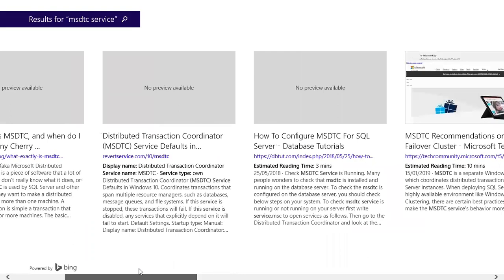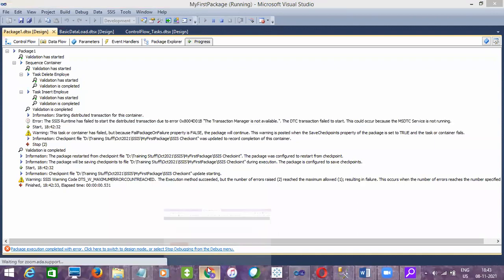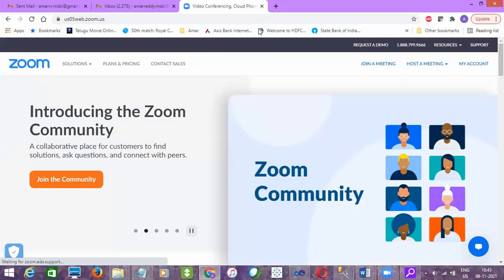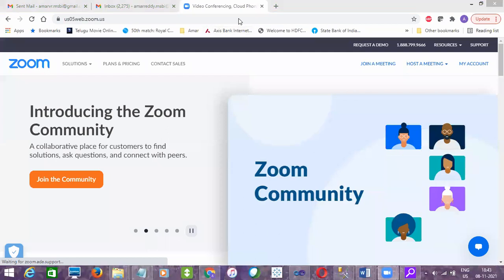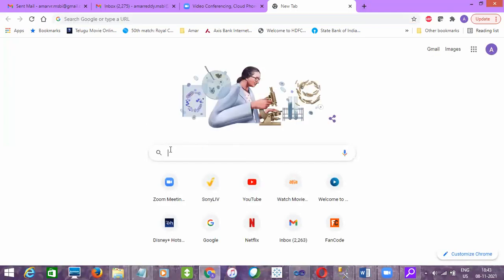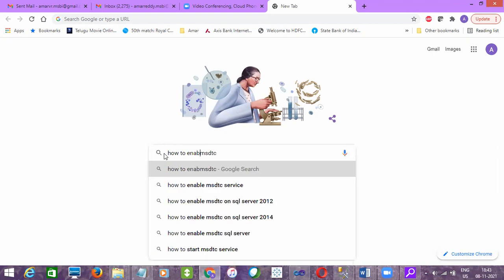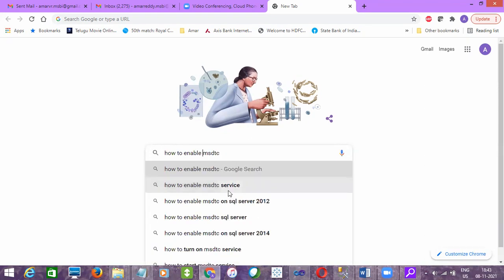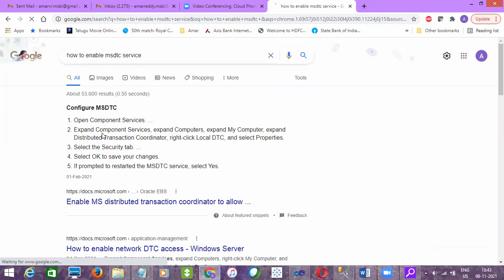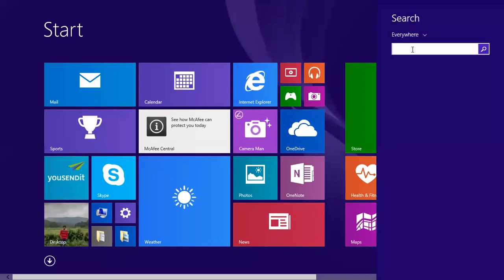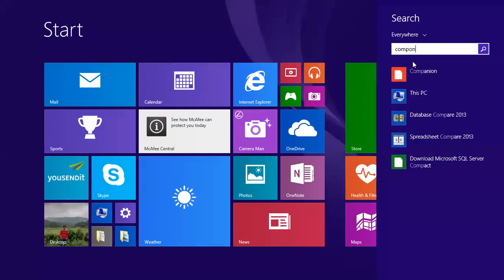So where exactly do we need to enable that? We have to check that. So maybe let's check it in the browser. MS DTC. How to enable MS DTC service, right? So here, expand component services, open component services. So go to search and then open component services,